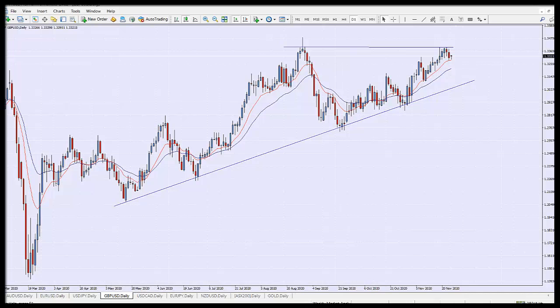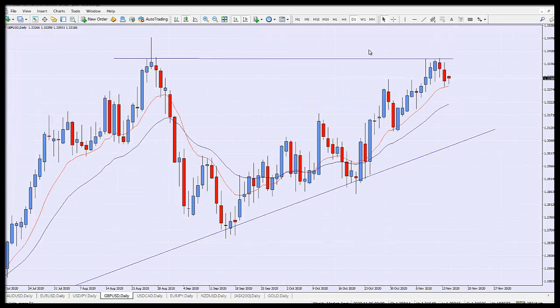Okay, GBPUSD, look, it's come right up to that level that I had marked out, and it seems to be fading away from it. Now let me just zoom in and have a closer look. I tried to trade this. I put it out as chart of the day last week, and I believe it was these two candles that